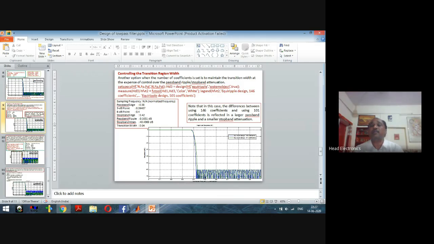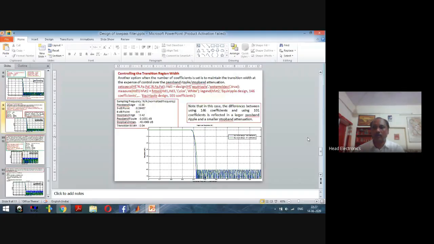Now if we are getting a satisfactory result after analysis, then naturally we can move for the purpose of the implementation. So in this lecture, we have discussed how the virtual concept of the laboratory can be utilized in order to design the filter, in order to analyze it, and then in order to get the satisfactory result for implementation.